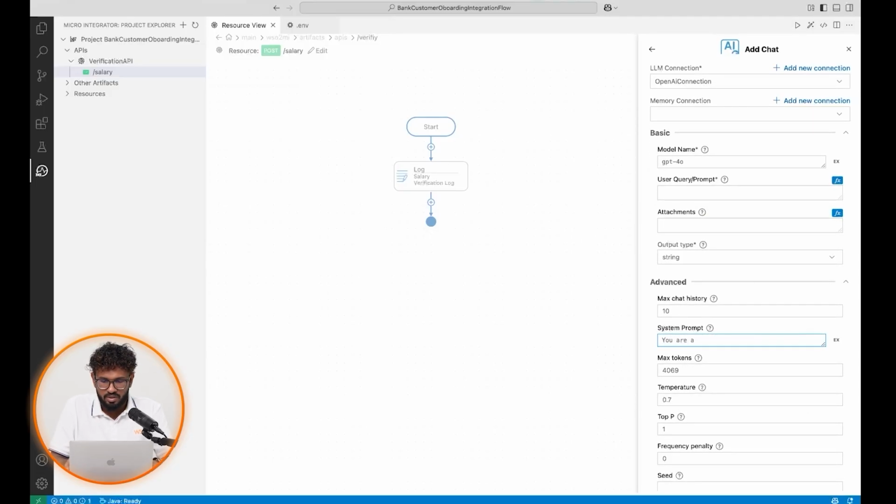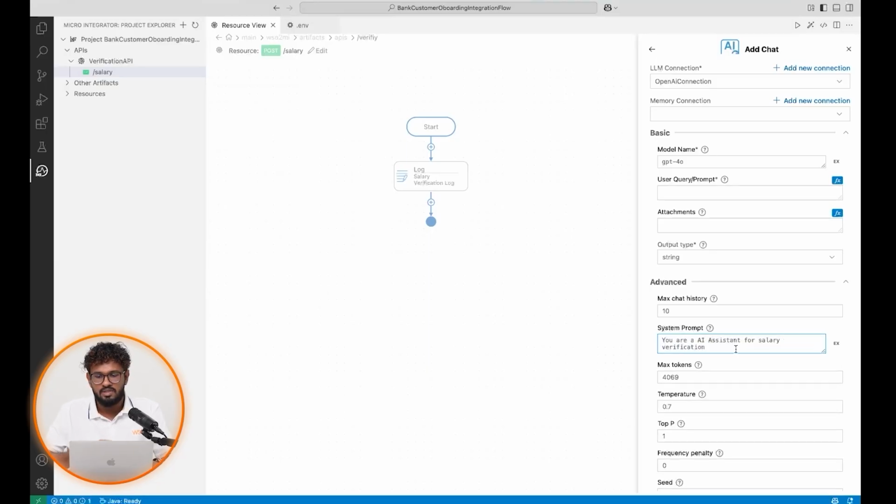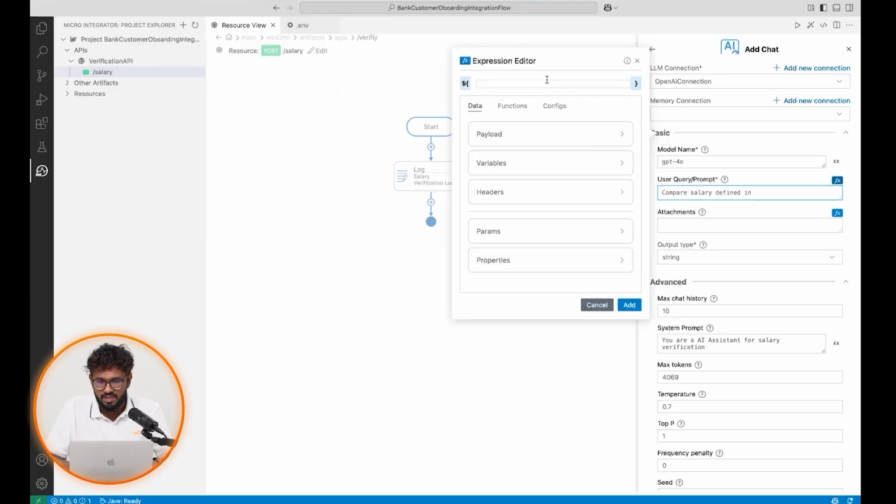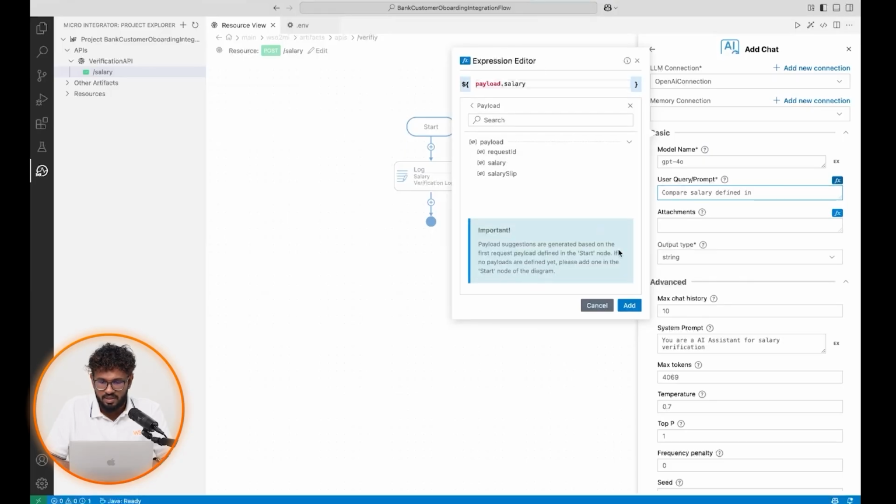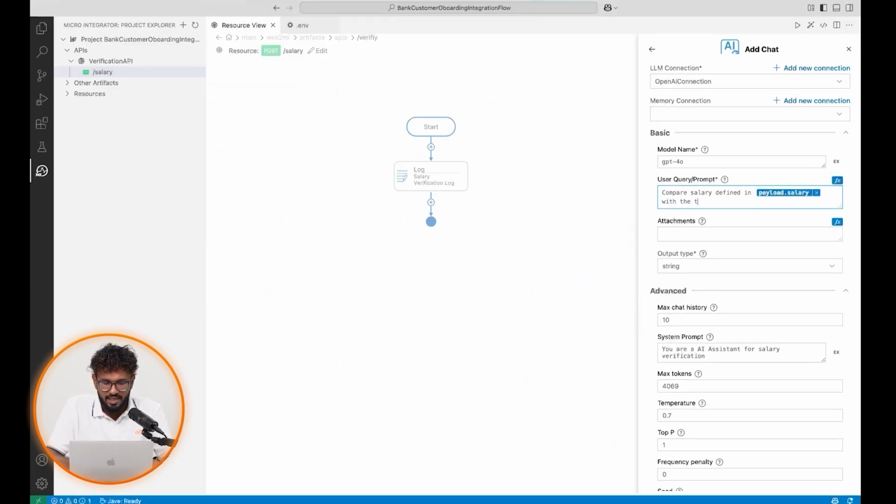I'll say you are an AI assistant for salary verification. Then in the user query, I'll say compare salary defined in. Then I can go to this expression editor and select salary with the salary